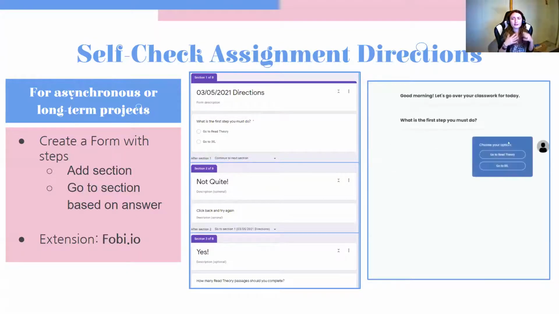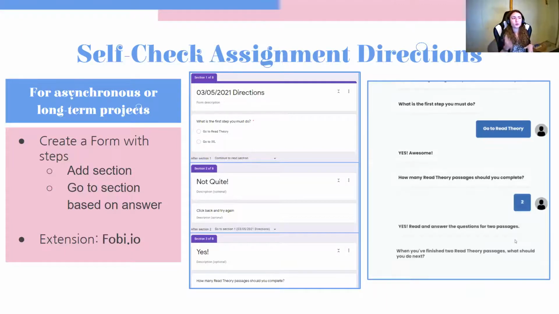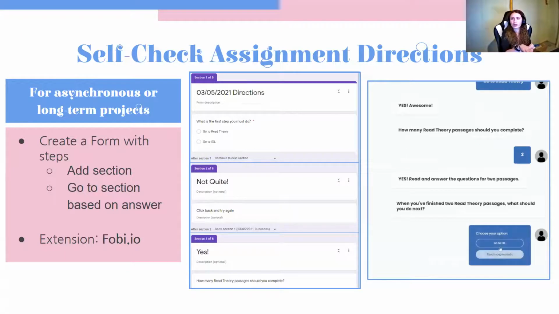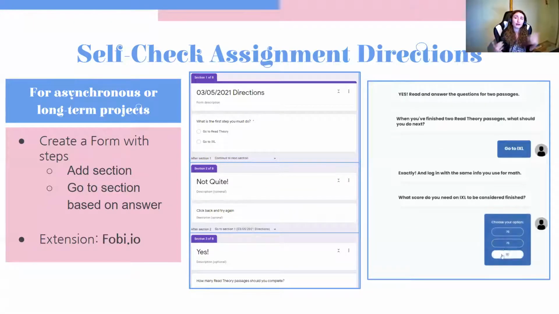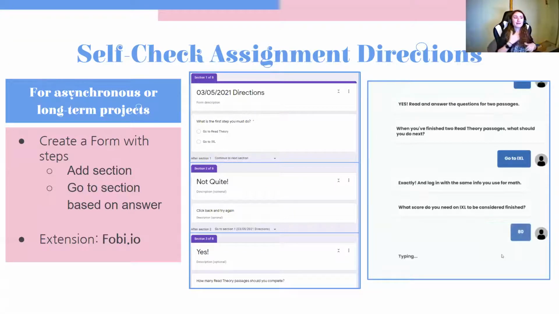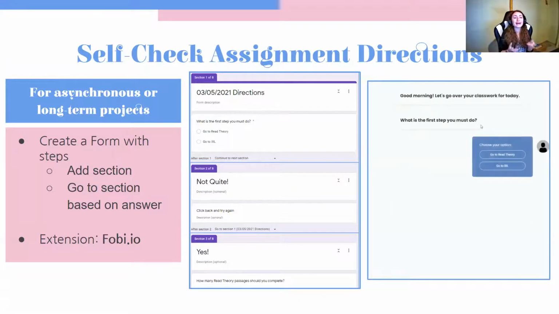But it's great because it becomes not just a regular quiz. It's a way for them to check to see what they should be doing. Like, what's the first thing you're supposed to do? Are you supposed to go to this website, or work on this first? And they click the wrong answer and get sent to a page that says, oh, not quite. Go back and review the directions. And they kind of have to work their way through the Google Form